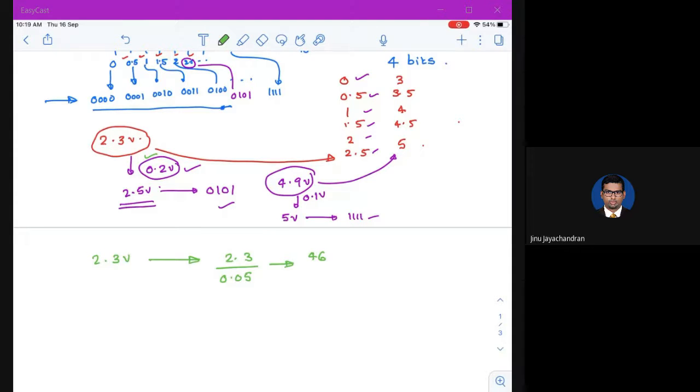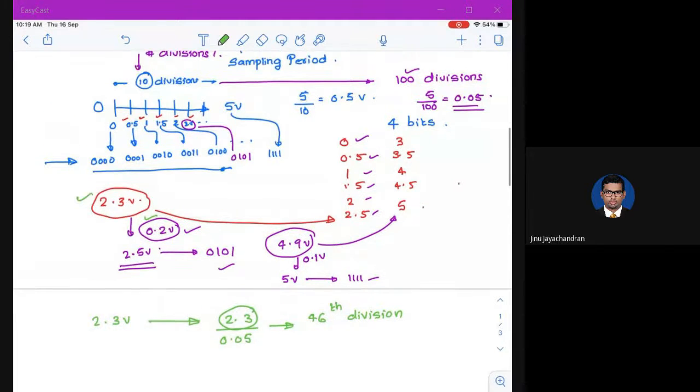Okay, so the 46th division is actually 2.3 volt. But if you look at here, there is no such division or boundary in which you can accurately specify this 2.3 volt. Okay, so as you increase the number of divisions, the error reduces, the accuracy increases, but at